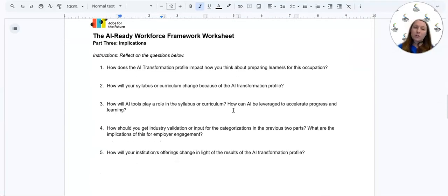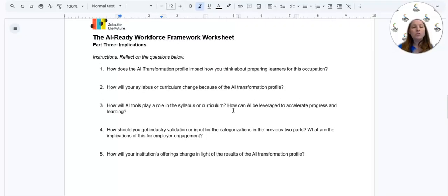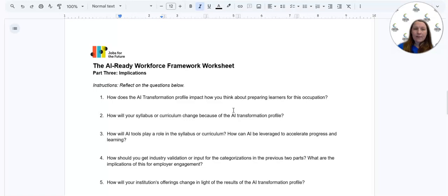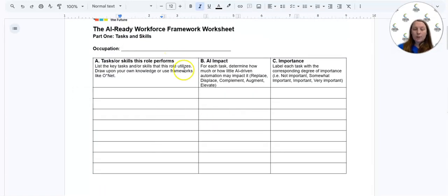Finally, there's some reflection questions for you to fill out. You reflect as deep as you want. Hopefully you give us more than a couple of sentences because we want to engage and really think about what the future is going to look like, because the reality is artificial intelligence has been here for decades. This form of artificial intelligence, generative AI, is new to us, but it's been around for a while, and it's probably not going away completely. So we want to think about, okay, how could this impact or transform some of the things we're doing, or how do we need to lean into other ideas more? So you're going to reflect on these questions after you've filled out, based off your own occupation that you picked, that a student will see you fill this out.